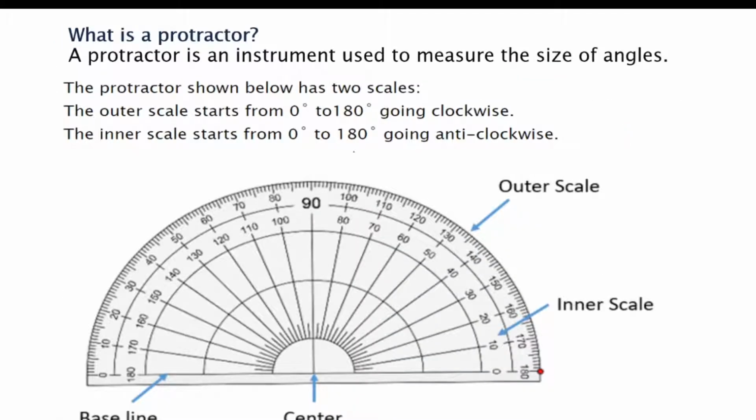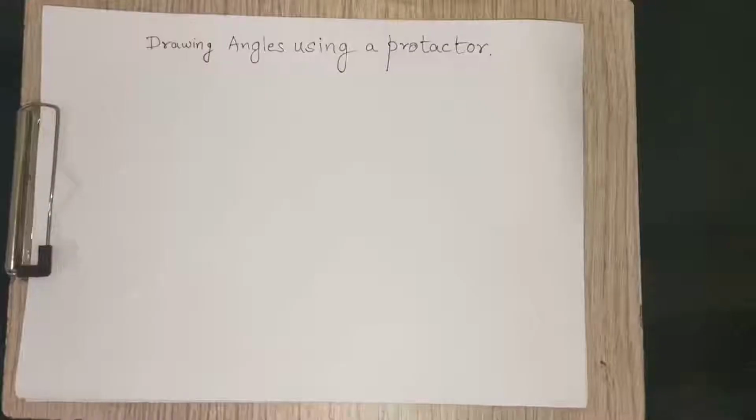Now here, children, we have this instrument. This instrument is a protractor and it is used to measure the size of an angle. Now here you can see, children, we have small divisions, and the total number of small divisions is 180 degrees, and each small division is of 1 degree. Okay, and here you can see this is the center of the protractor, and this line is the base line of the protractor, this one line. Okay, now I am going to explain how to construct a right angle with the help of a protractor.